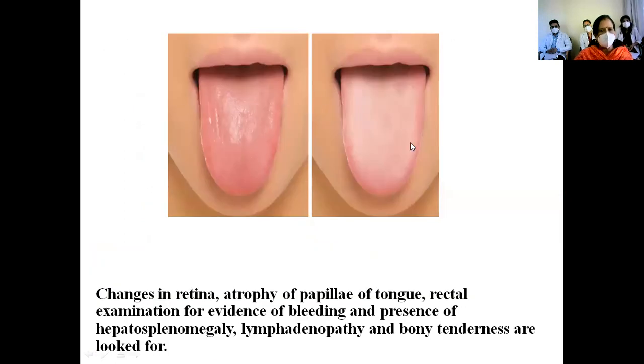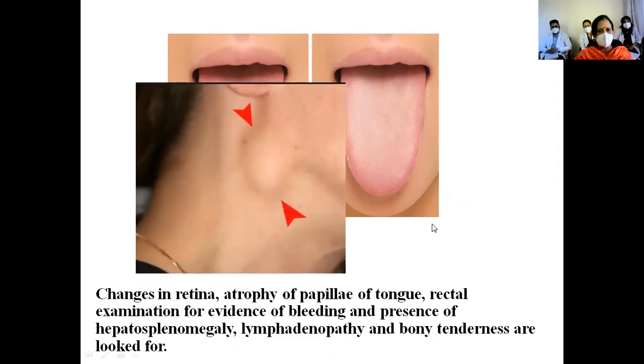Yes. So the tongue, normal and pale. This is what we usually tell everybody to do, look at their tongue to know whether they are developing, or going on to develop, or have developed, especially iron deficiency or B12 deficiency. Rough tongue, pink in color, rough due to the papillae. Now here it is pale and bald. Okay, fine. So what is this? Why has cervical lymphadenopathy been shown?